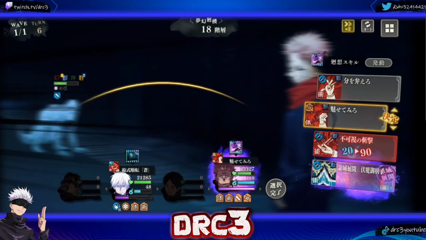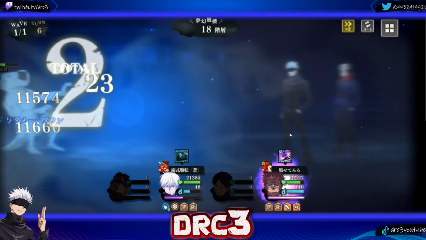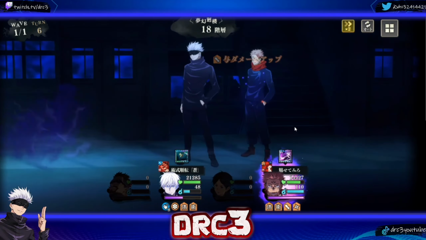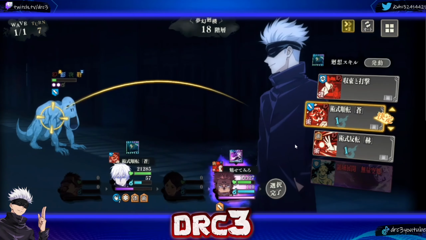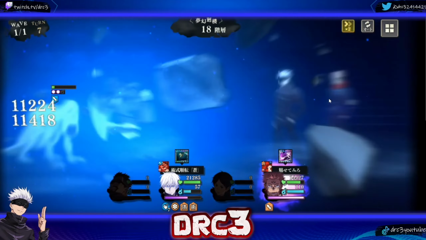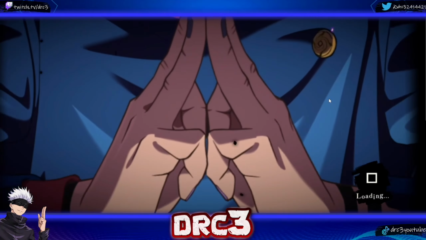I'm not gonna lie to you. Okay, here we go. Beautiful skill 2. Attacks Gojo, that's fine by me. These two together is actually kind of insane. You don't need a team. Just using these two, you don't need a team. It would be nice to have the extra...